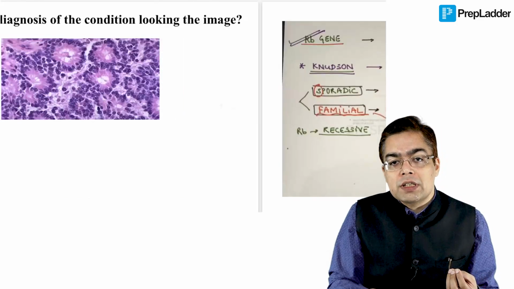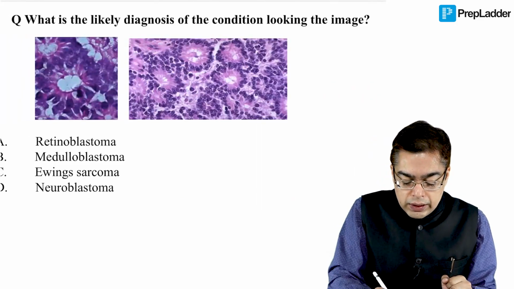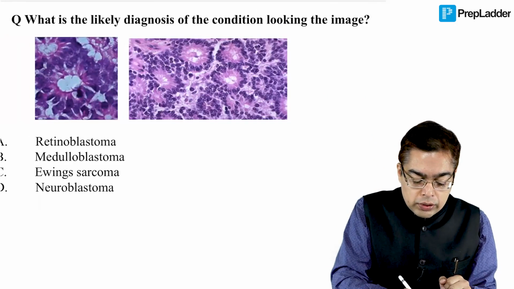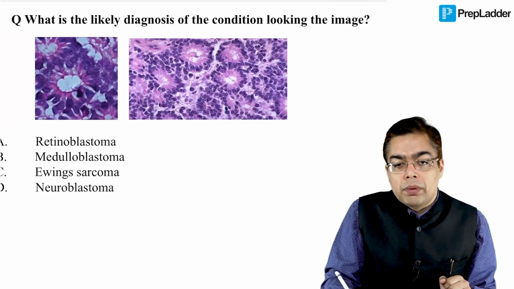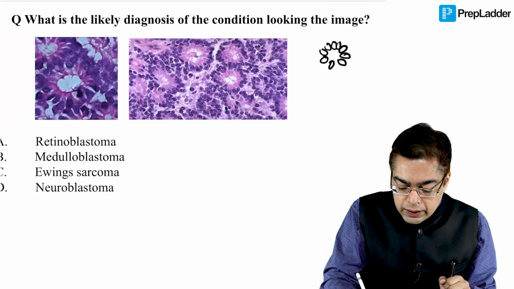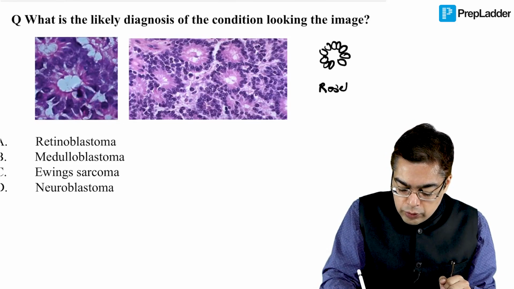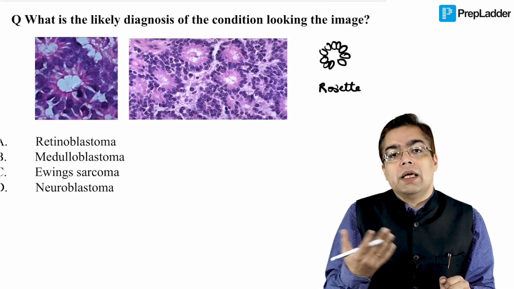It was perhaps for the first time that they had asked you a question in a screening exam when they talked about the image over here. So we did talk about that particular fact theoretically, and I want you to remember that in case of certain types of tumors, what we are getting over here is the presence of a flower-like pattern. Now this flower-like pattern, friends, is what is going to be given the name of a rosette. So rosette means a flower-like pattern.